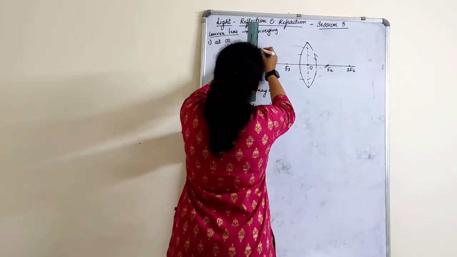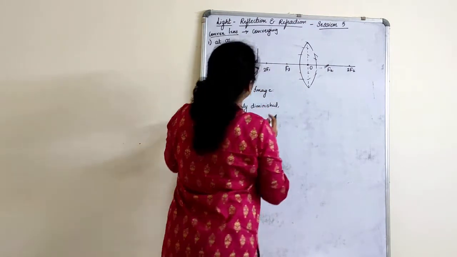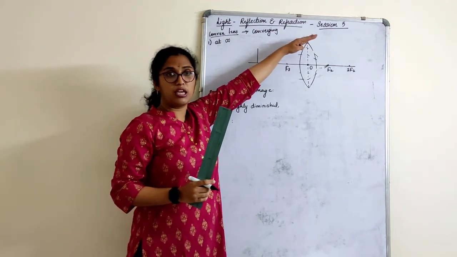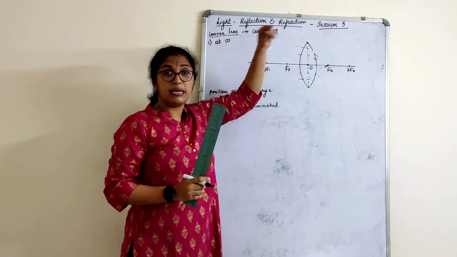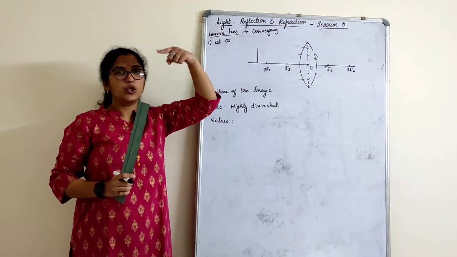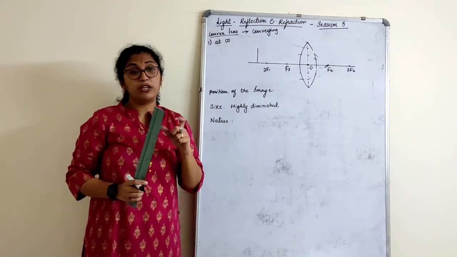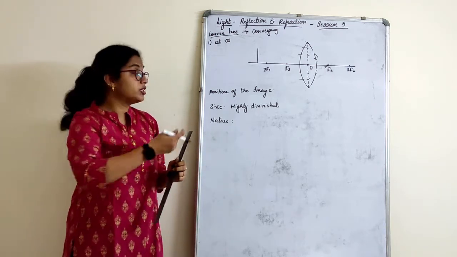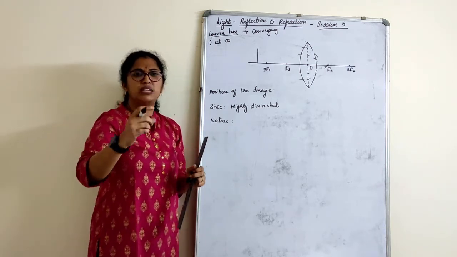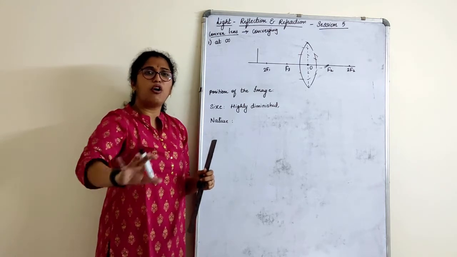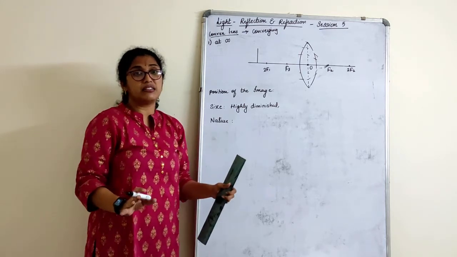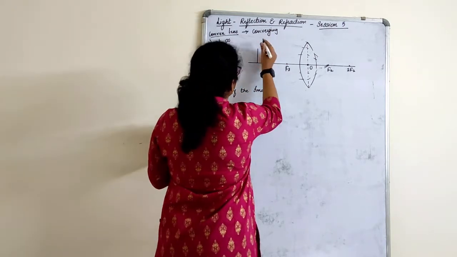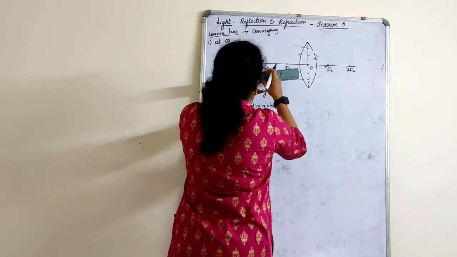I'll keep it beyond F1 here always. Don't keep half of the lens. Half means the upper half I am talking about, not the whole lens. Do not keep half, do not keep full, you can keep 3/4. Use one measurement, children. Now, in case you want, when you draw that, an accurate measurement will come. Use that typically for all the lens, mirror, everything the same thing. You will know by now what measurement should be taken. So, I have kept it beyond 2F.